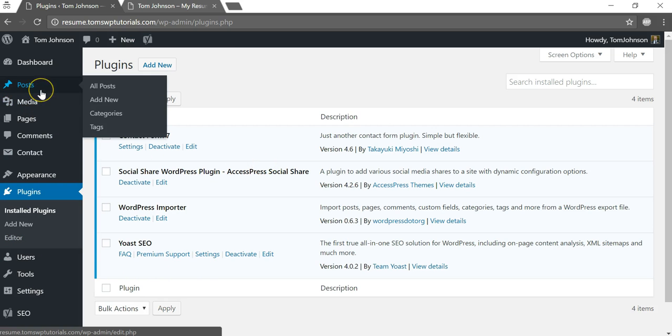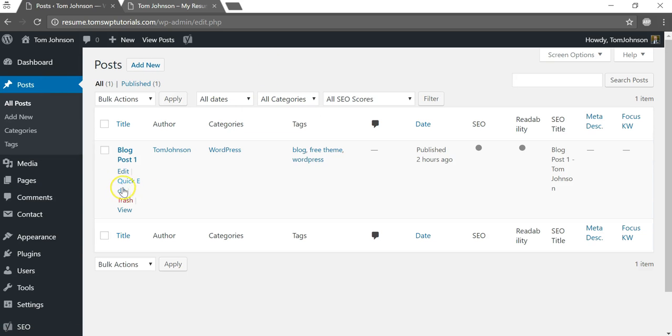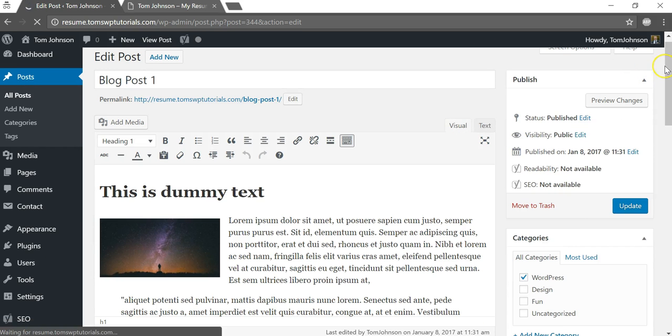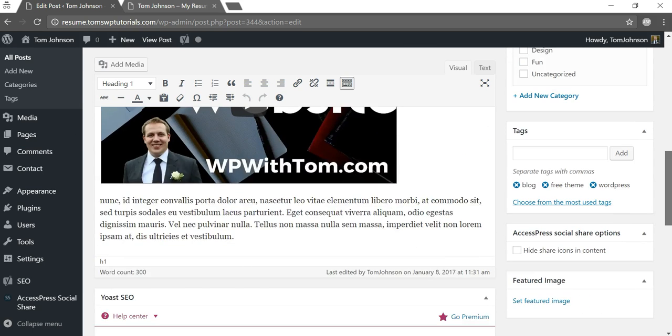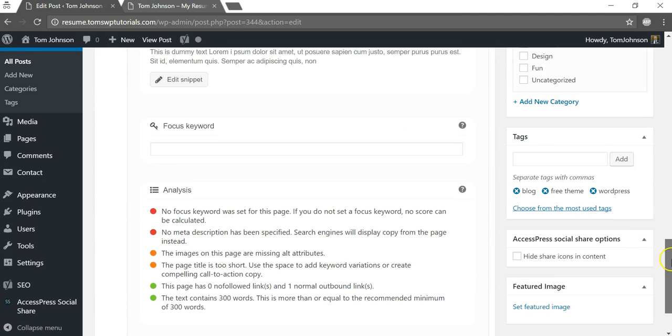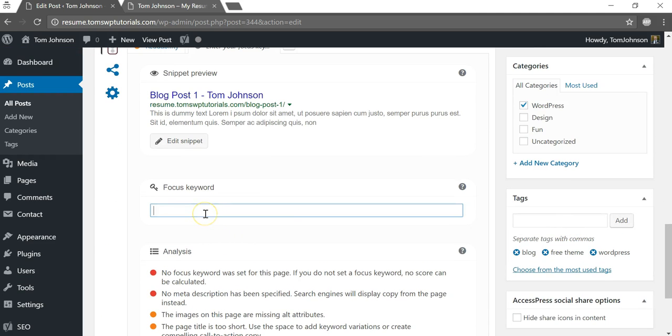And just to quickly show you what Yoast SEO does, if we go to our post page here, where we have our one blog post, and I'll click edit on it, Yoast helps you with SEO, which is search engine optimization again. And here is where you would put a focus keyword. So a focus keyword would basically be what you're trying to rank for within Google, Yahoo, Bing, search engines like that. So if you had, let's say, WordPress tutorials as my focus keyword,